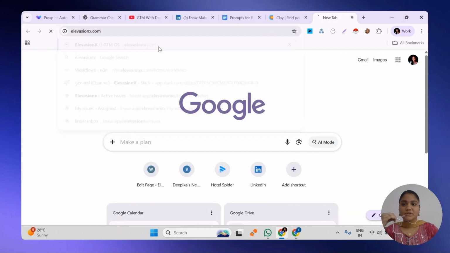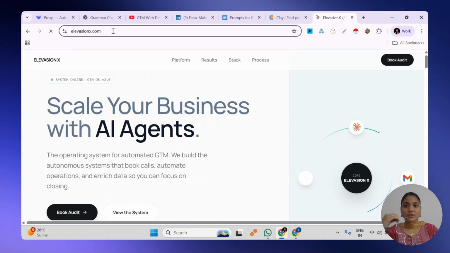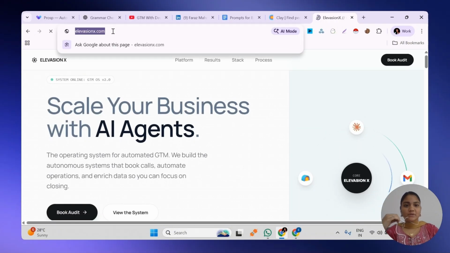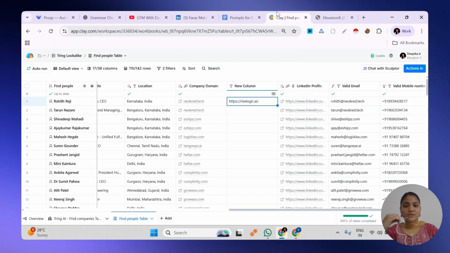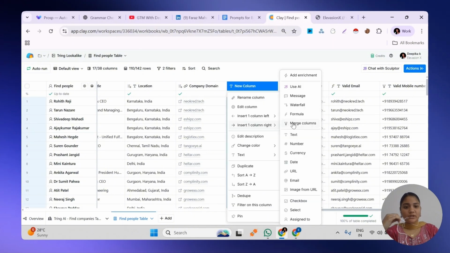I'm selecting our website and copying it. Basically, when we scrape the data, we get the website like this. Now we want to remove the extra chunks like https, the colon, the double slash, and www dot. We just click that, insert one column on the right, and add a formula.